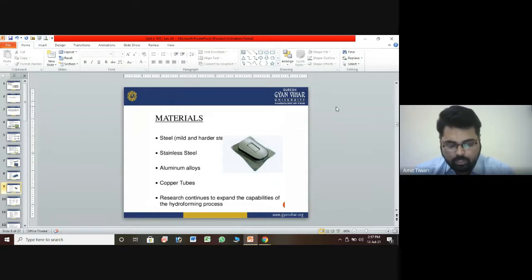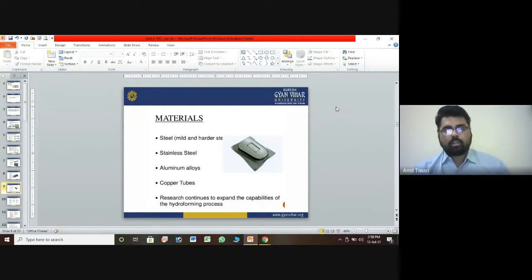So you can design the material, and you can apply it with the help of the material used, which is steel, stainless steel, aluminum, or copper. This type of technique and these materials are generally used because water has the capacity to give the formation, or we convert the shape with the help of high pressure on this particular material. Because you know that steel is a very hard material and stainless steel is a soft to hard material, all these types of material you can select for the application of hydroforming.